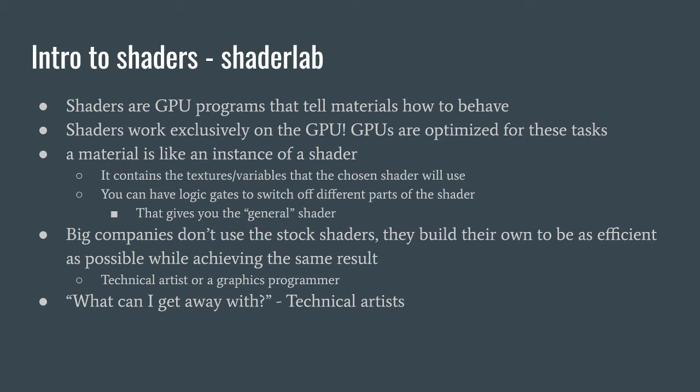So every time you see particles or surface shaders or anything like that, shadows, it's a shader that's telling the GPU how to do things, basically. So it uses a different language. It's called Shaderlab, and I'll do a little example of a quick shader today. I'm not a graphics artist, but I'll tell you what it looks like,